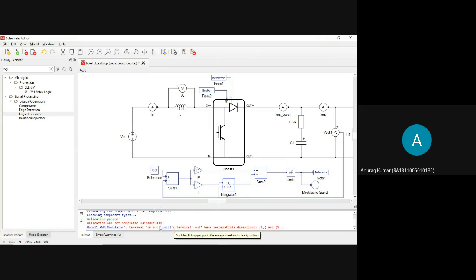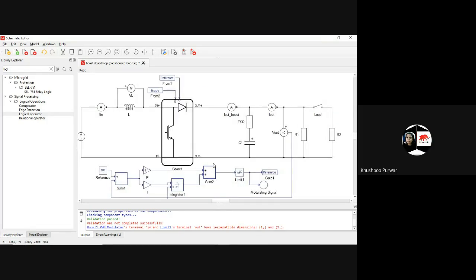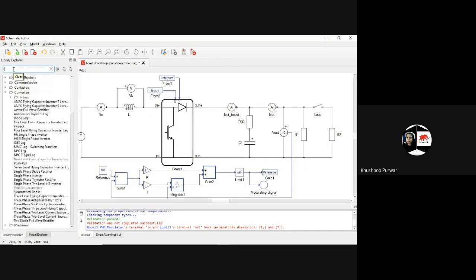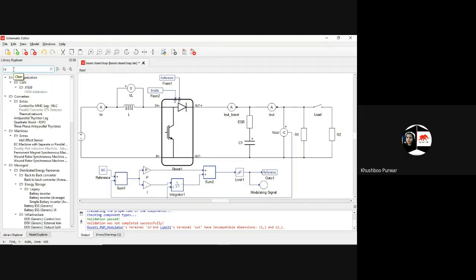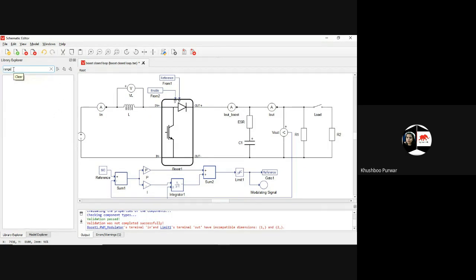I'm not able to open it. I don't know what's the problem with your system. Just check it, or afterwards we will see your query.